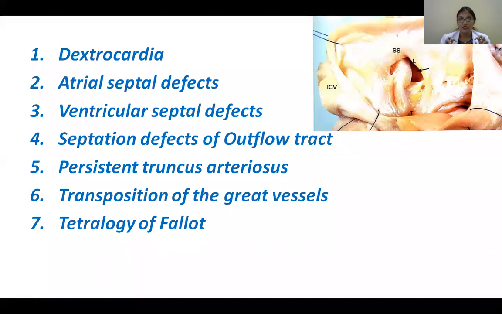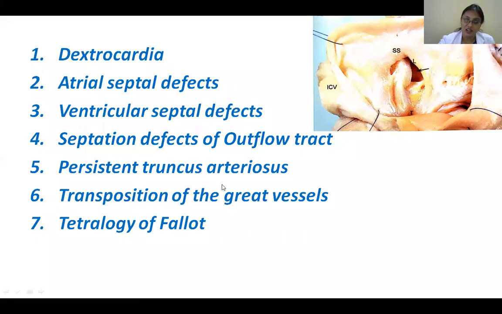No, because it's a very fatal condition. In the right ventricle, what are you having? Deoxygenated blood. And if it goes back to your brain and the rest of the systemic body tissues, what is happening? The tissues of the body are receiving deoxygenated blood, which will prevent them from functioning normally. Okay, so that's one thing, septation defects.